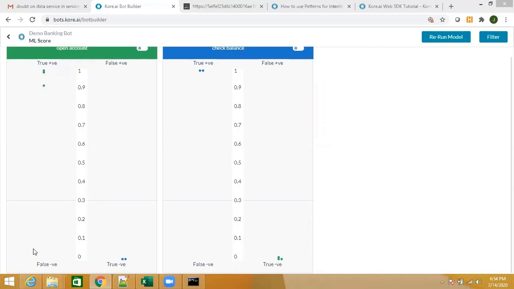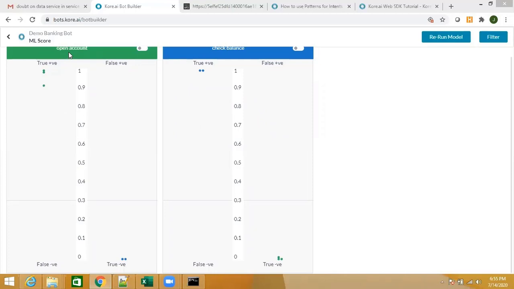Another quadrant that we have here is false negative, and this will display all the utterances which have been trained for this intent but fail to identify this intent. Utterances in this quadrant were expected to match this intent, but they did not. If you see anything coming up in the false negative, or it is getting a very low score, you should try to improve that utterance so that it can identify this particular task.